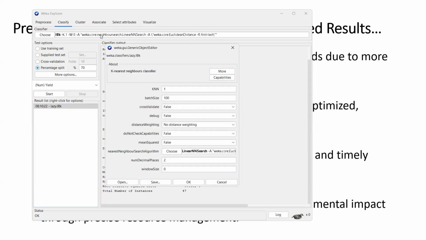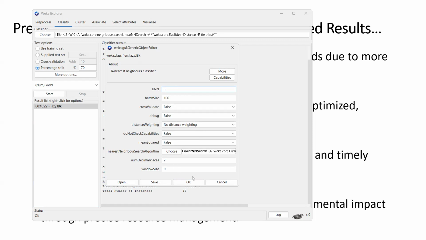If you click here, we can do hyperparameter optimization for KNN. The number of K is 1. If I increase K to 2, 3, 4 or more, what do I get? This is called hyperparameter optimization.